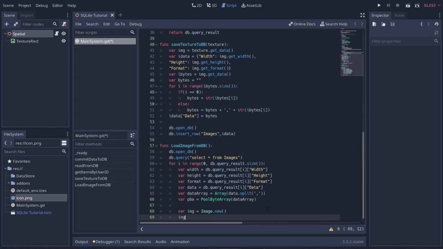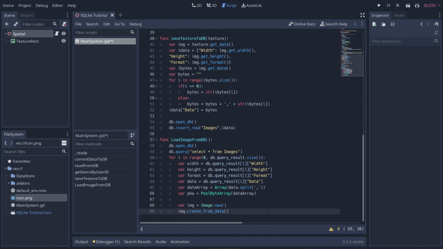Now what you need to do is say image dot create from data, and you'll see here we have a nice little hint. Well, it went away now, but it says we need to do width, height, if it's using bitmaps, format, and then the data. So we'll say width, comma, and there we go. You can see it right here, height,